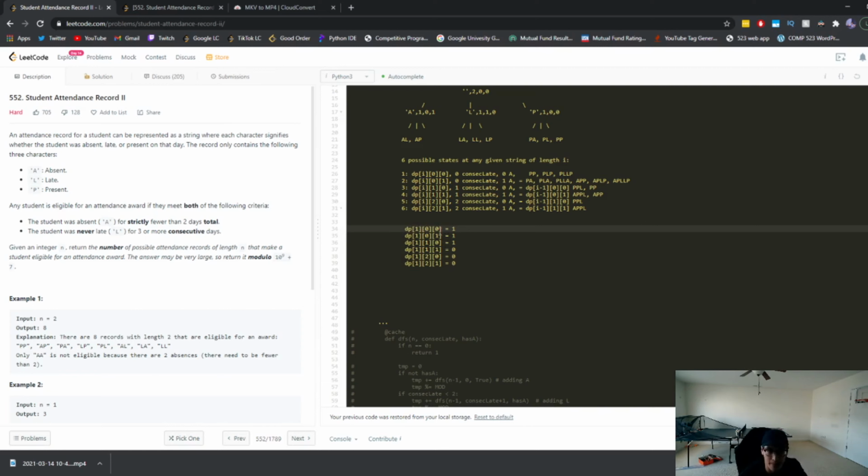Okay, so if we have a sequence of 1 and there's 0 consecutive late and 0 A's, there's only one way to do that, right? There's only one way, which is a P. So then we have 0 consecutive late and 1 A with length of 1. There's only one way, which is that. Then we have